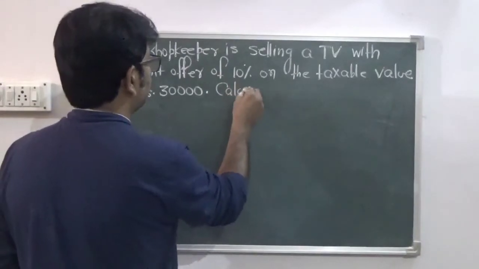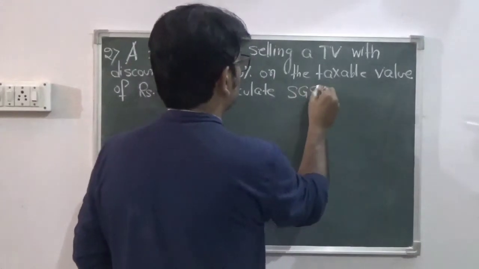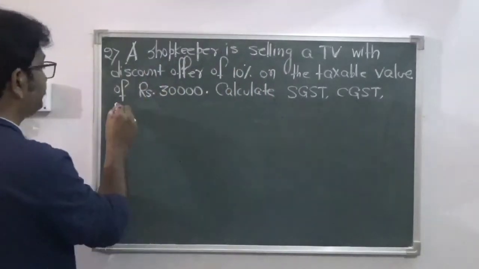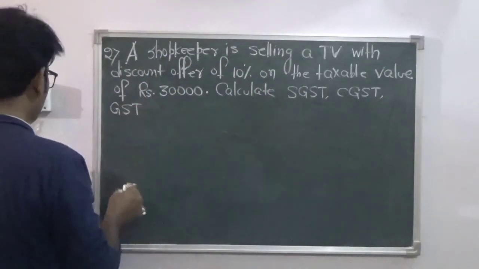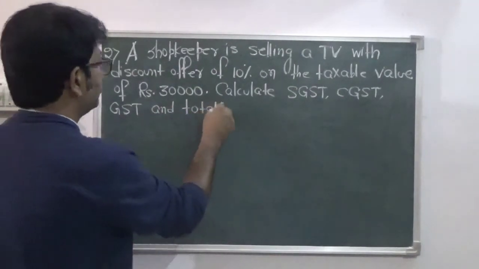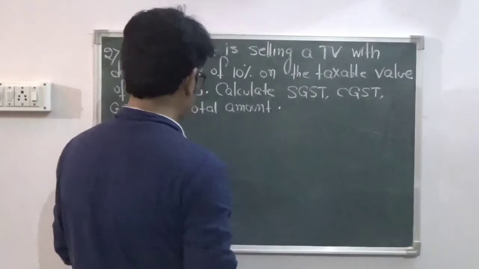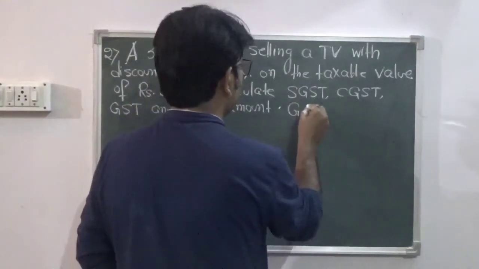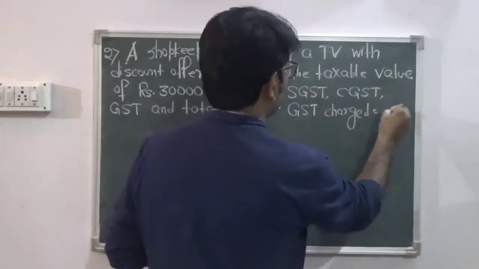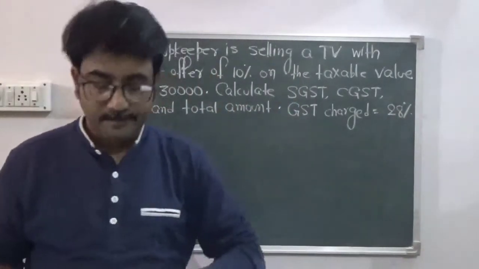Calculate SGST, CGST, GST and total amount. GST charged is 28%. So now